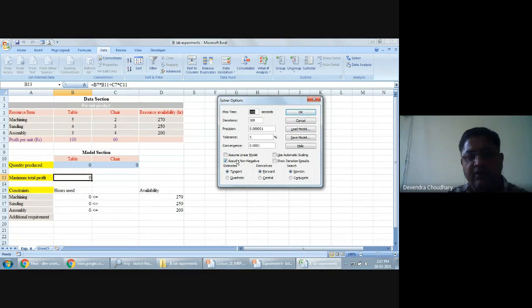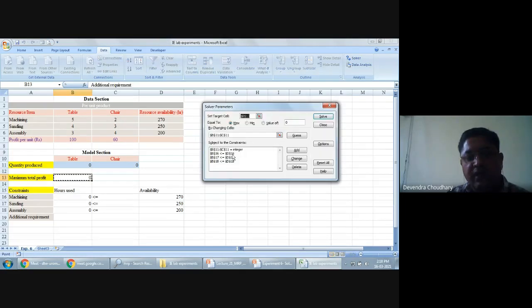Earlier we defined, by clicking this button, that these should be non-negative values, and by introducing this additional constraint, now this solver must give a solution which will have only integer values for number of tables and chairs.